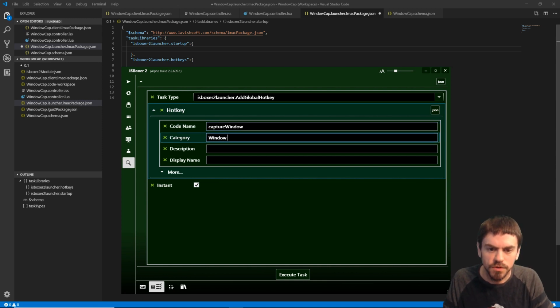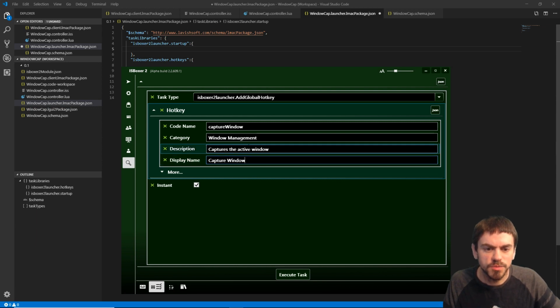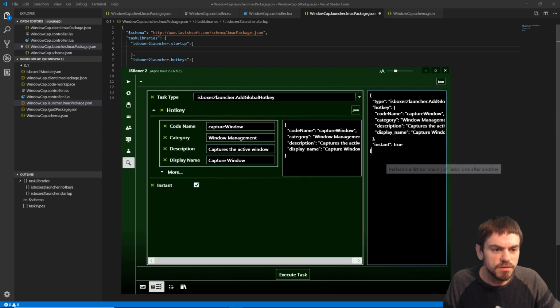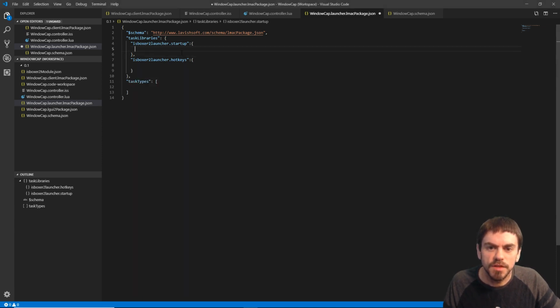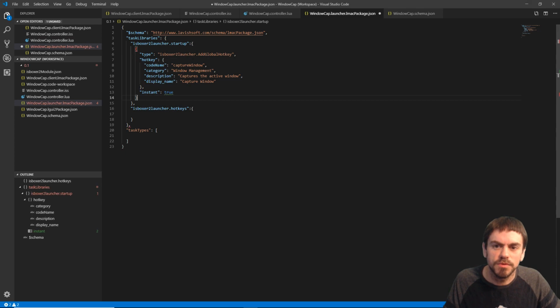Category: window management. Description: captures the active window. Display name: capture window. Okay, easy enough. That's all we need, so we'll copy that,